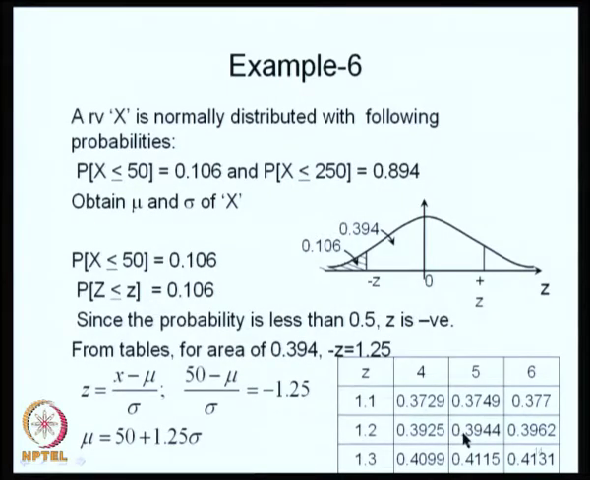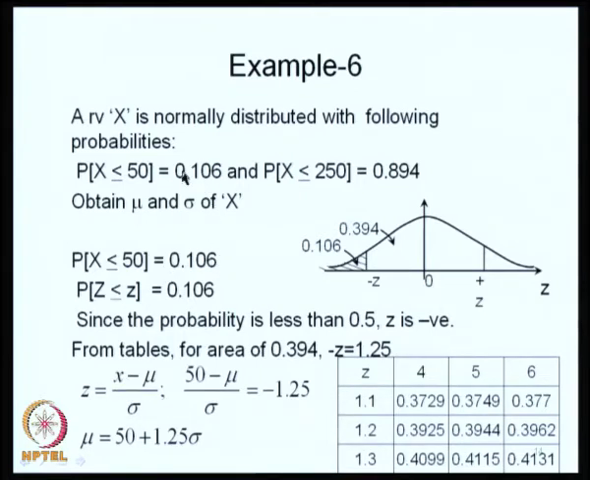Now, another similar type of example where we are dealing with x which is normally distributed, and we have two probabilities given: the probability of x being less than or equal to 50 is given and the probability of x being less than or equal to 250 is given as 0.894. We are interested in getting the standard deviation and the mean of x. So, what are we given? We are given the probability of x being less than or equal to 50 is equal to